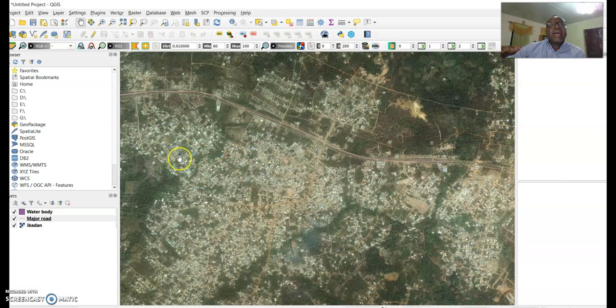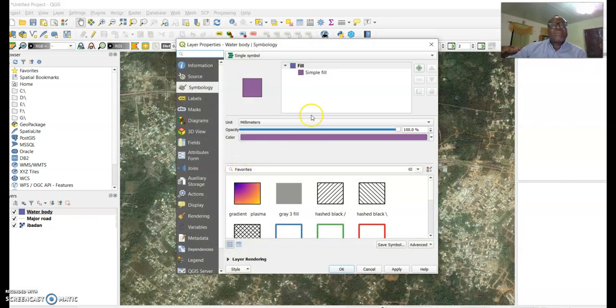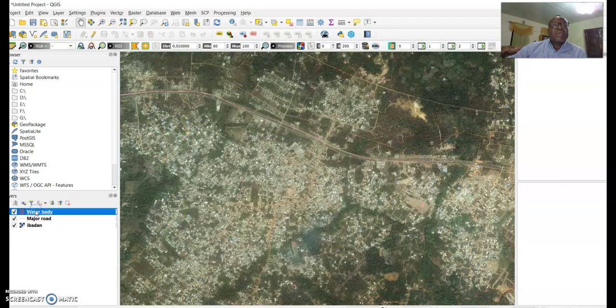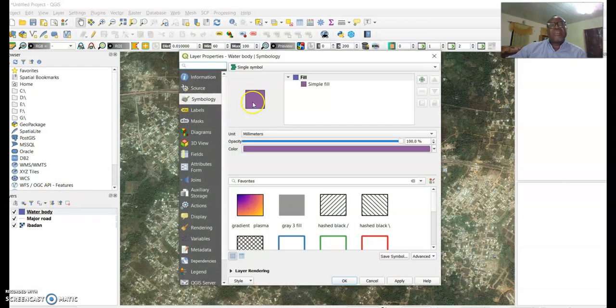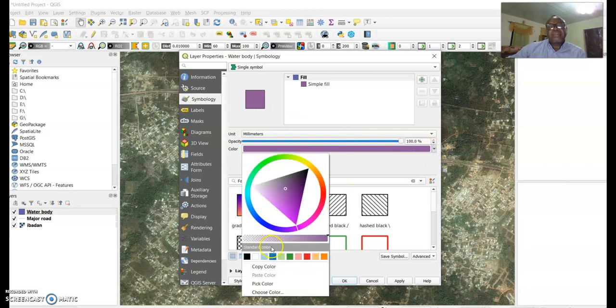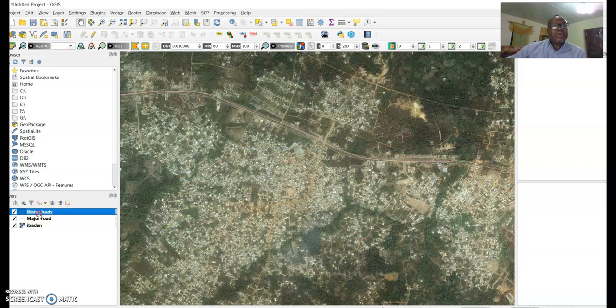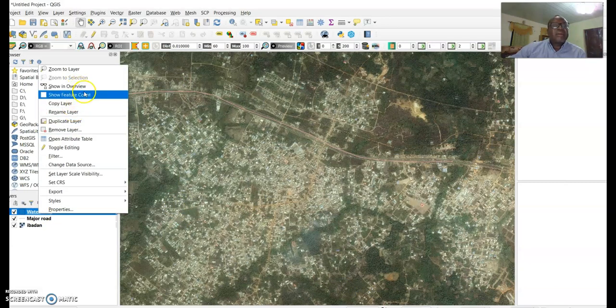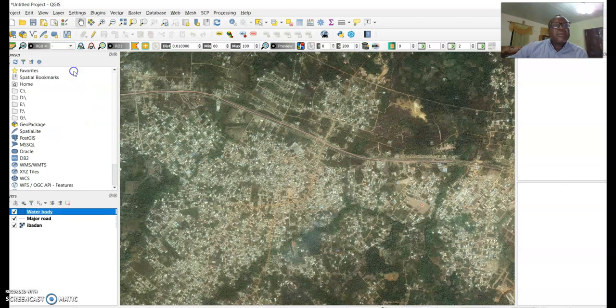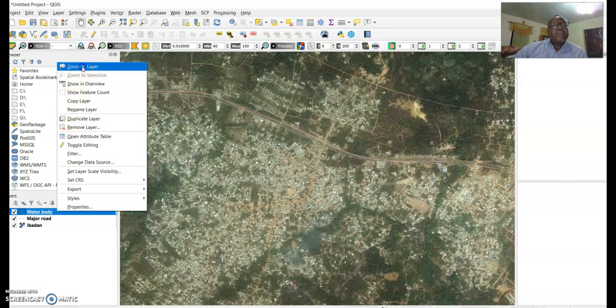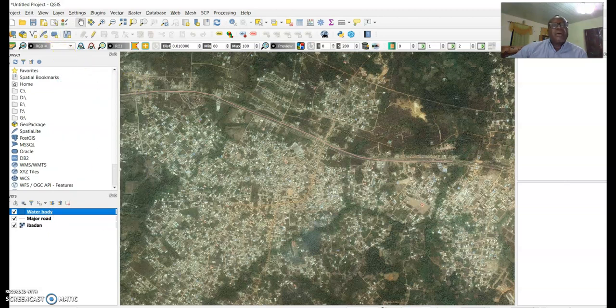Say save, and now you can manipulate the features. When you double click on the layer, you can change the symbol of representation. You can change the color to the color of water, something like this. If you click on this and zoom to layer, you can see the polygon. So that is how you can